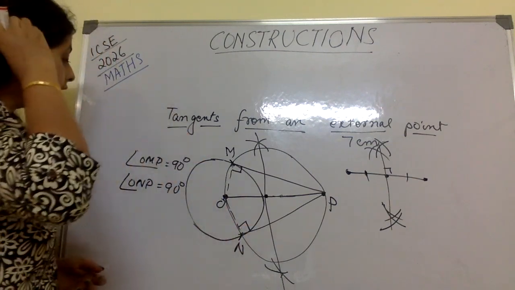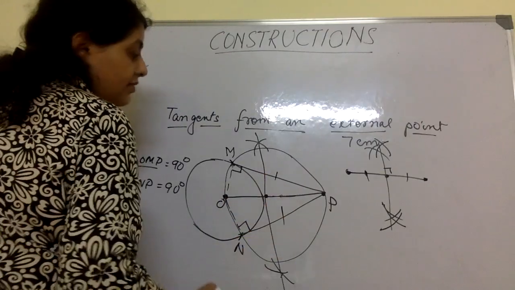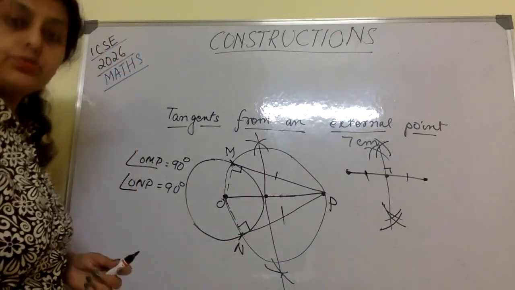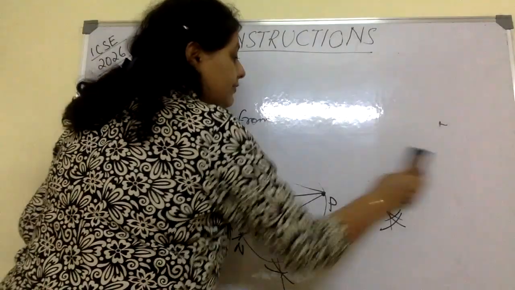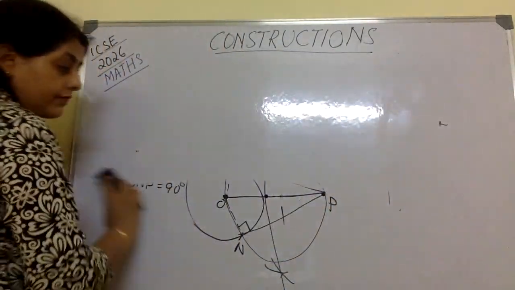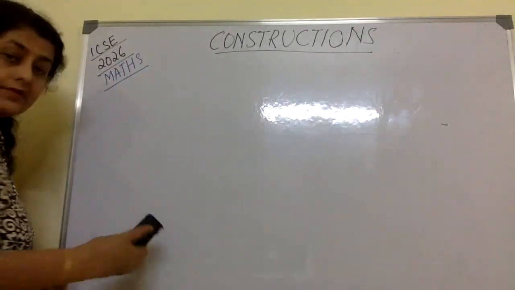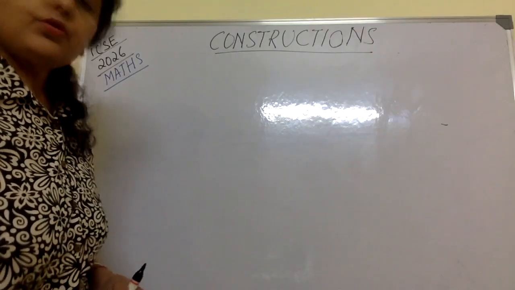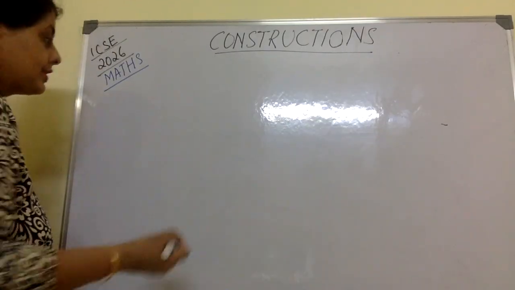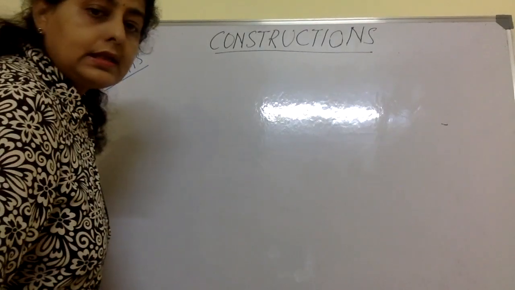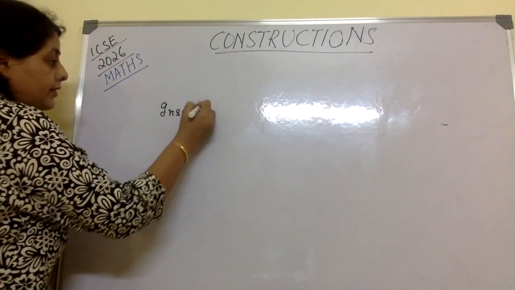So these are the two tangents that we wanted, PM and PN. Okay, so these are the two tangents that we wanted from an external point. So anytime if they give you the length, the distance of the external point from the center of the given circle, you should be able to draw the tangents. Now let's see the next thing, which is